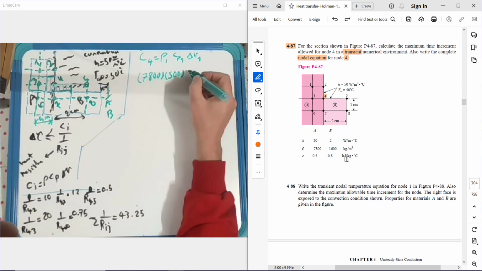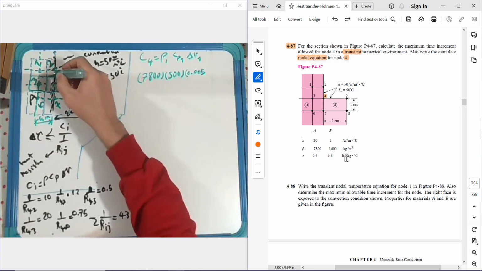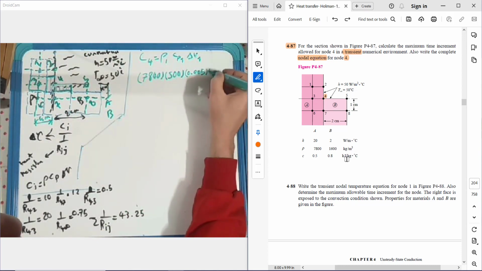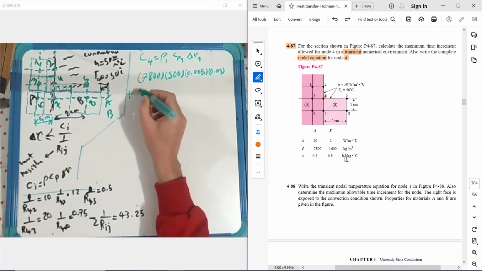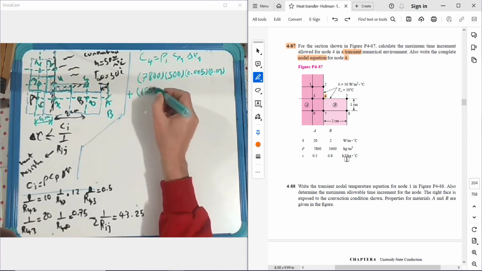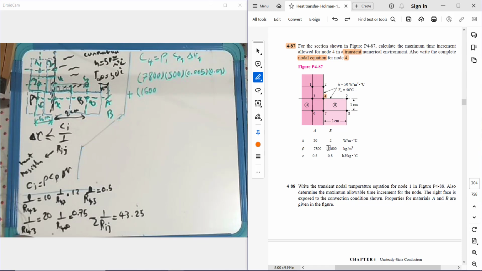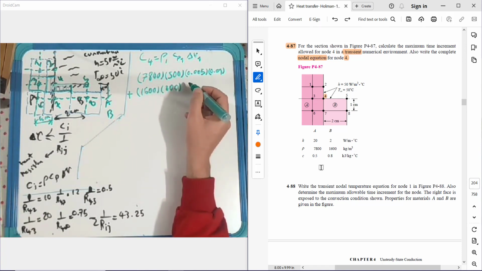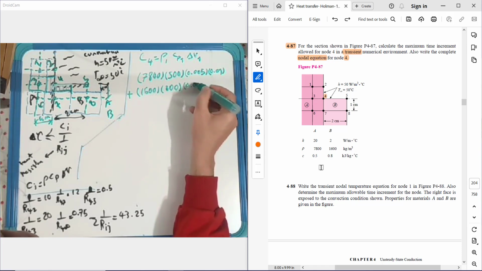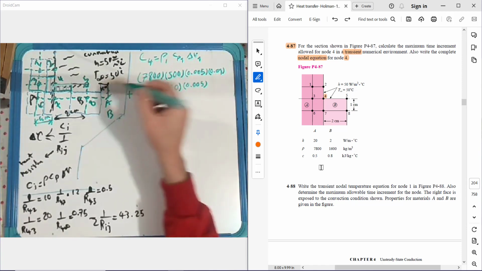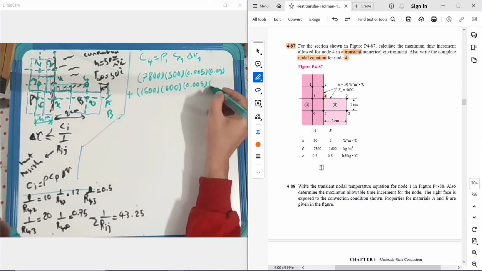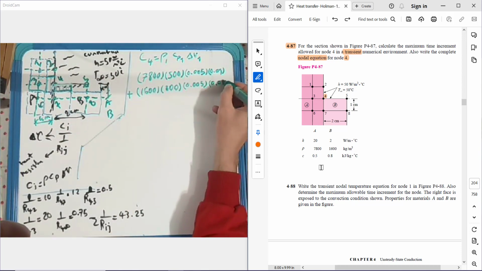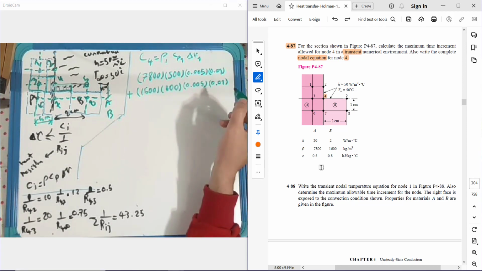And delta V, what is delta V of that? 0.005 from here to here multiplied by this distance, which is 1 centimeter, plus 1600, which is this density multiplied by this one, it would be 800, and this one from here to here is 0.005 multiplied by this distance, which is 1 centimeter. Okay, the answer